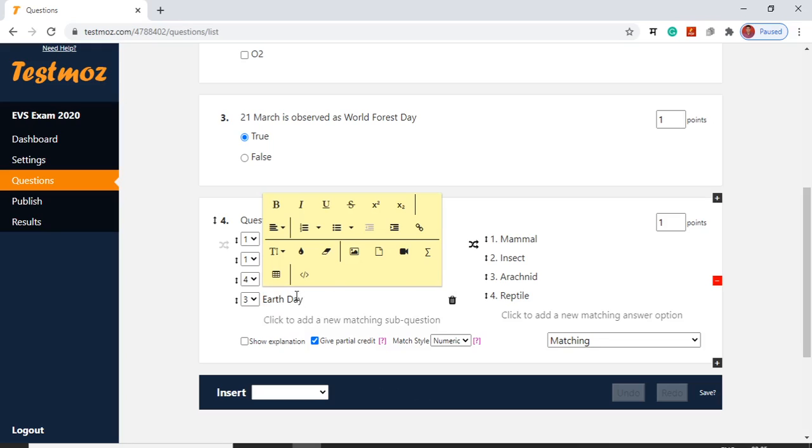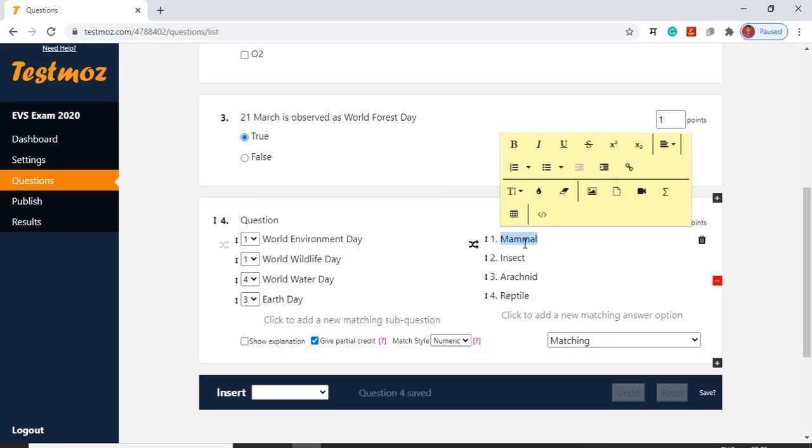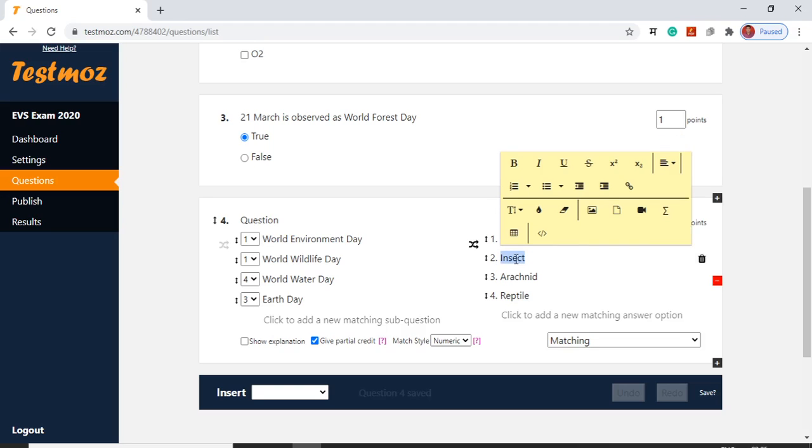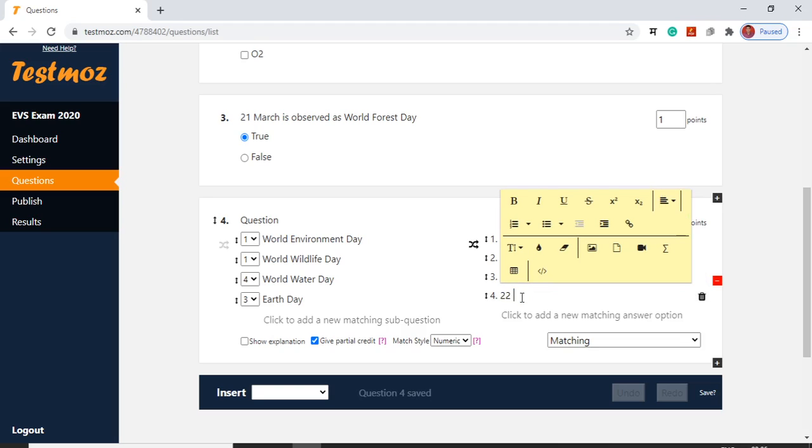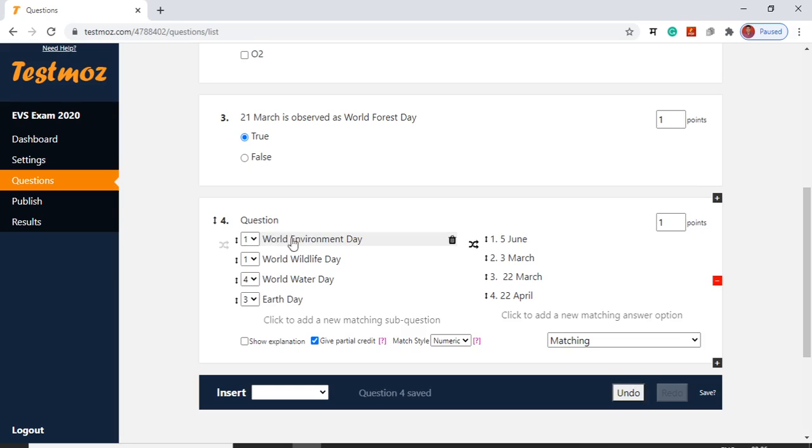We will give the options 5th June, then 3rd March, then 22nd March, and then 22nd April. Now we have to map the answers to these questions.